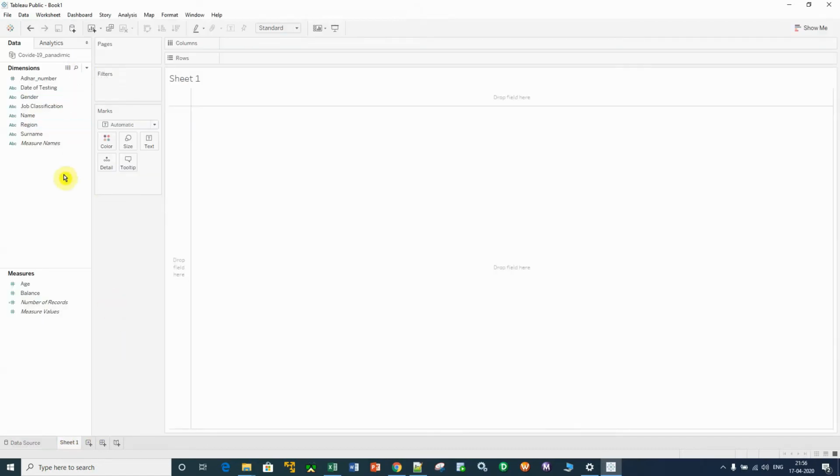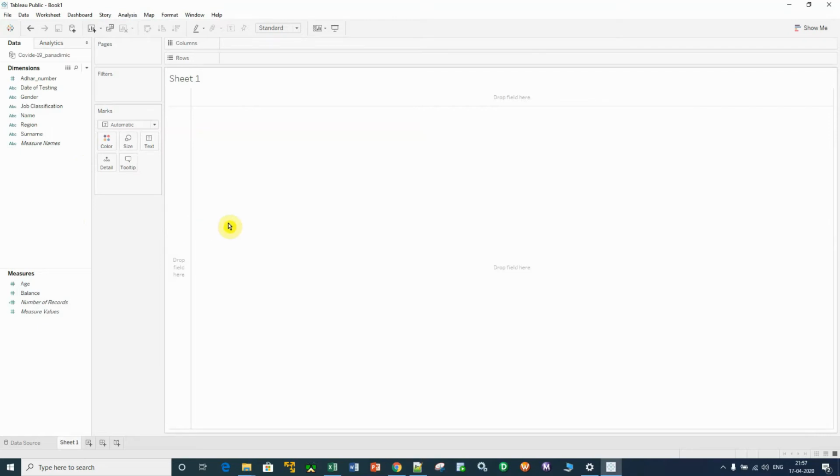Go to that sheet. Now we have 2 sections here. This is the dimension section and this is the measure section, right? Let me give you a brief about dimensions and measures. Dimensions are the categorical or textual values, and measures are the numeric values. These numbers are calculated or aggregated for the dimensions. So what is our ultimate goal today? We are going to make a dashboard, but for creating a dashboard we have to create certain visualizations and put them into the dashboard.